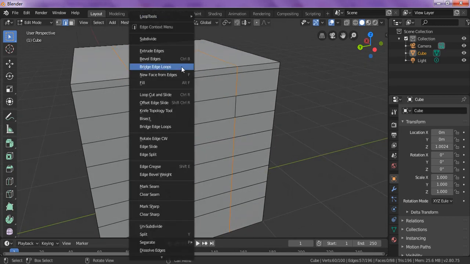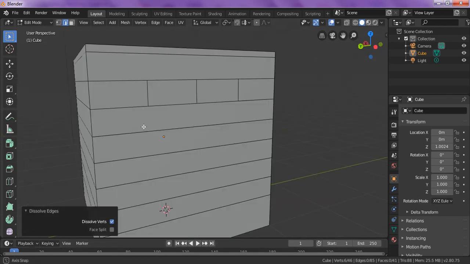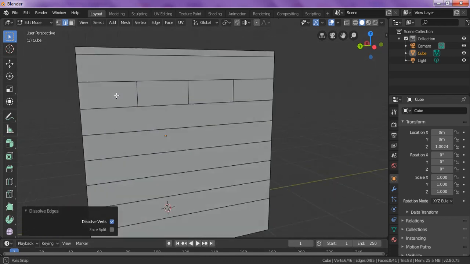Let's delete, right click, and put these old edges, and it worked. Now I'm going to